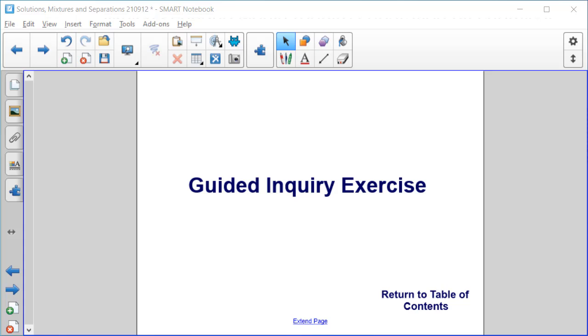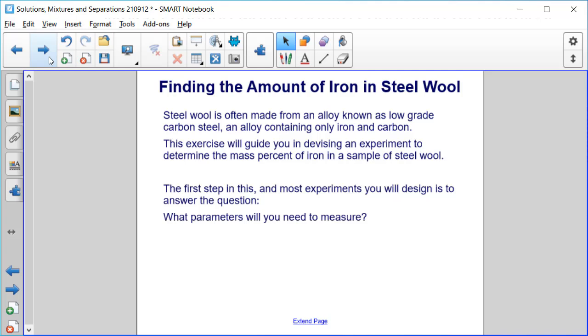In this final section, we're going to walk through a guided inquiry exercise that further details what we've talked about in the unit. So let's find the amount of iron in steel wool. Steel wool is often made from an alloy known as low-grade carbon steel, an alloy containing only iron and carbon. This exercise will guide you in devising an experiment to determine the mass percent of iron in a sample of